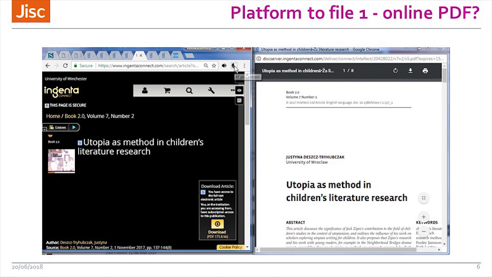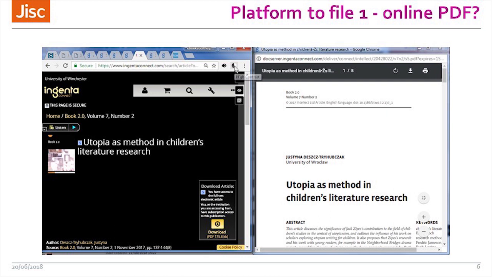So there's the platform. That is not a traditional Ingenta looking platform, but I've been using a very simple color contrast tool, a free plugin for Chrome, which allows me to look at high contrast versions of the Ingenta platform, or indeed any other platform, or indeed any web-based files that you distribute. So that's something to be aware of. Do your users know that they can do that? Because if you don't tell them, I suspect there's nobody else who's going to tell them.